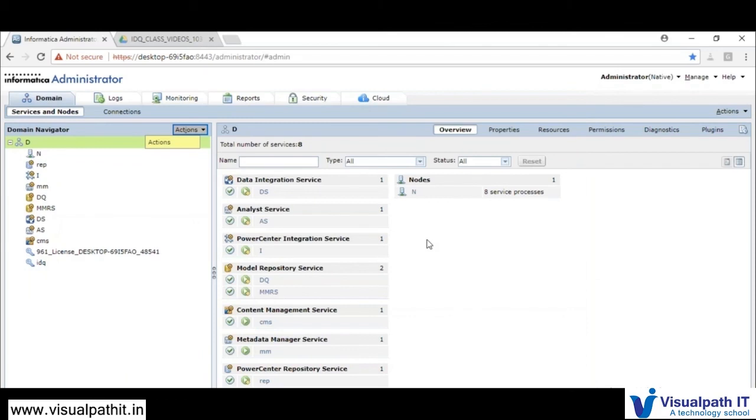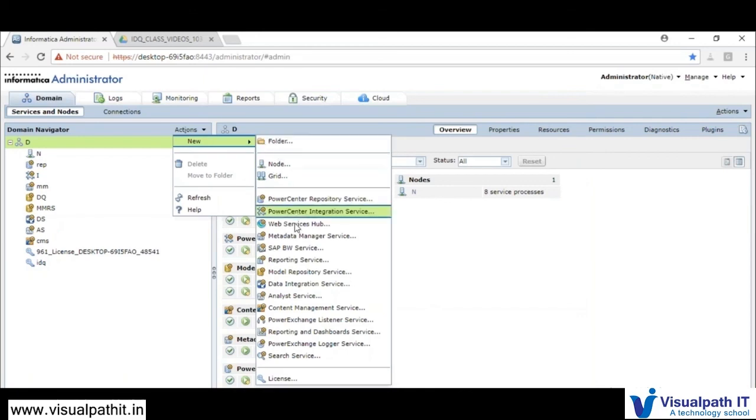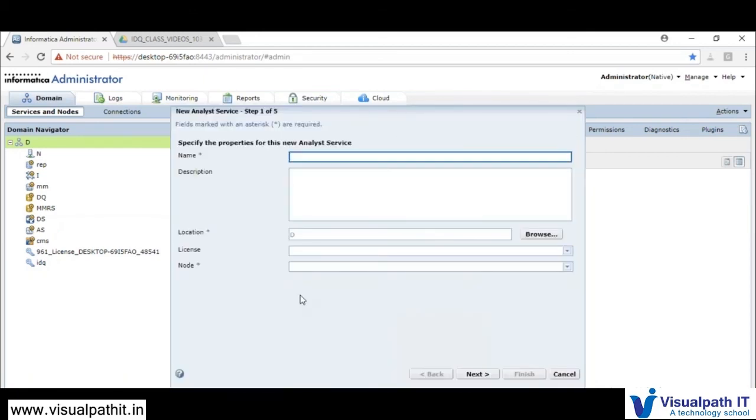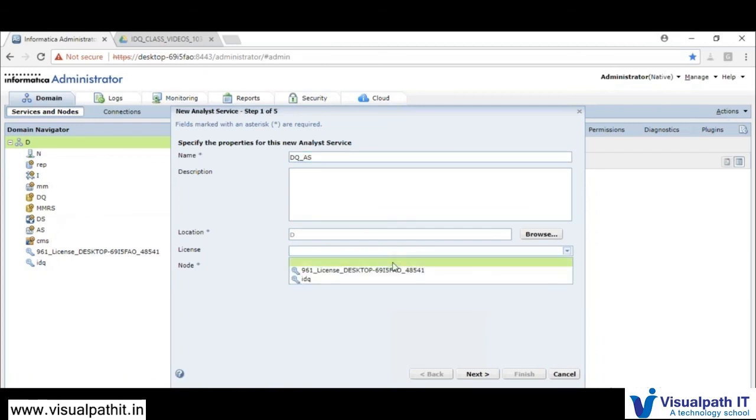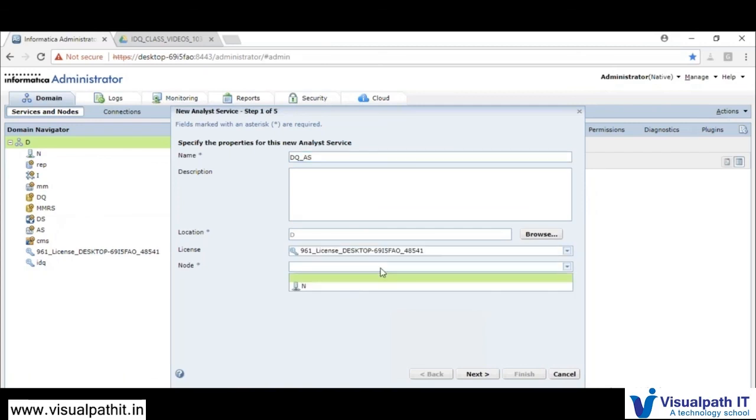And another primary service we will be going with is the analyst service. Again, this is exclusively for the analyst tool. This is also a simple one. DQAS is the one you will have, and you have to provide the license. These are the mandatory steps you will follow.